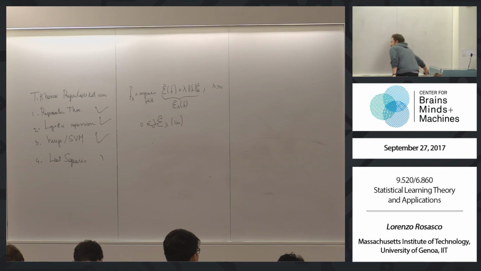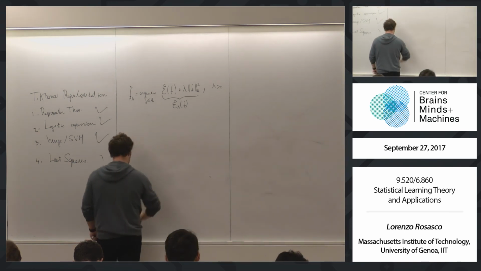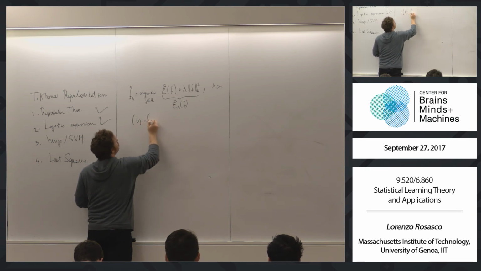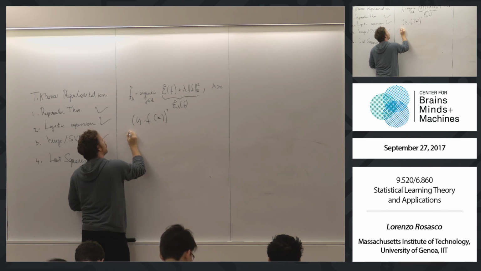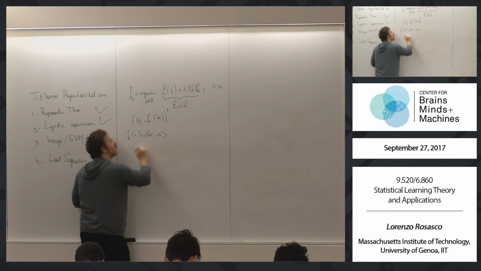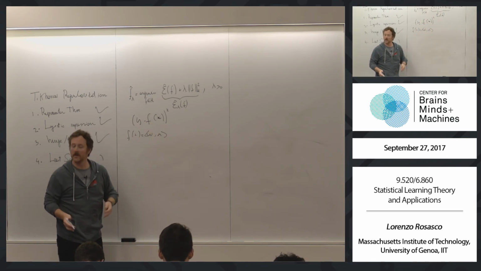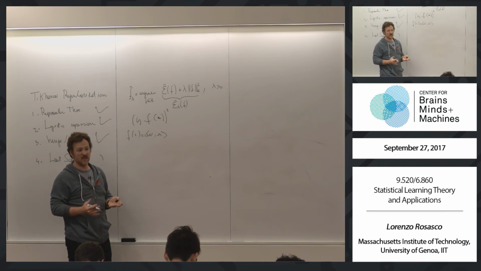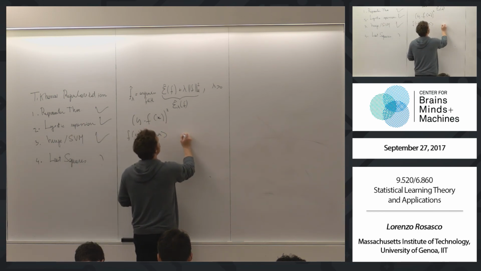Okay, so let's try to give a highlight of the main things, and we're going to continue next class because we're still going to do least squares, but in a slightly different way. So we want to do this, and we're going to play the same game we did before. We're going to start from models and understand what's going on there, and then we keep on going. And in this case, this loss function is smooth, so we're going to get the gradient and set it equal to 0. But before doing that, we actually change notation a little bit because this is nice to write in vectorial form. So for this specific choice,